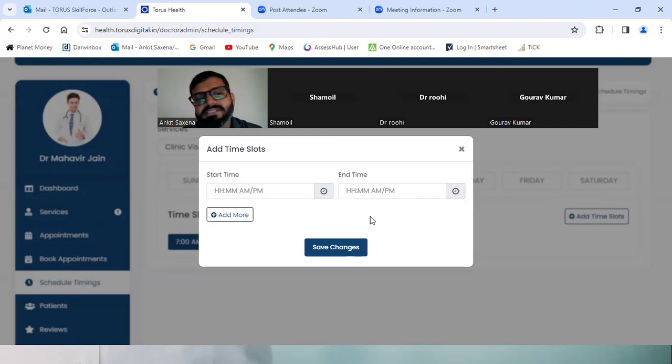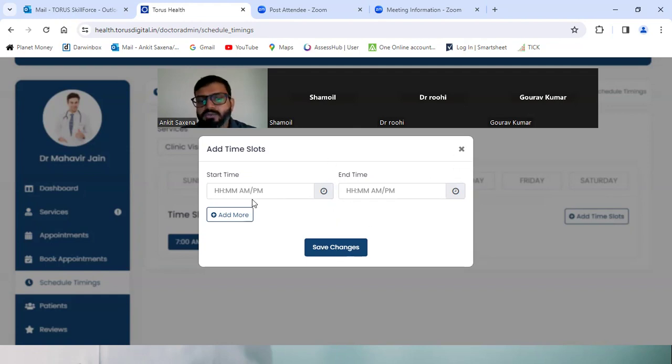Another example, on Saturdays you are available only in the morning, from 9 a.m. to 1 p.m. Again, you can go to Saturday and add time slots from 9 a.m. to 1 p.m. All the time slots will be scheduled as per 9 a.m. to 1 p.m., and then you can simply click on save changes.